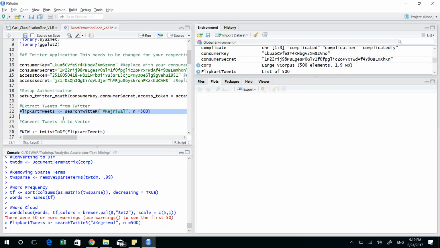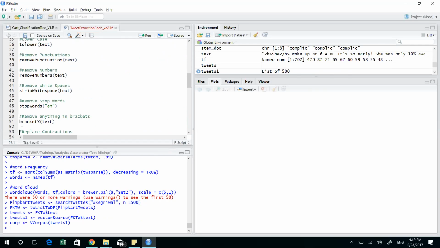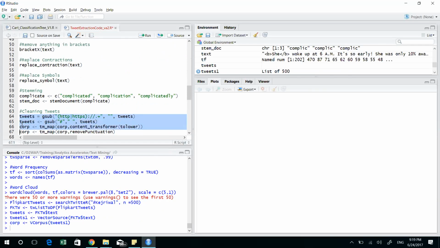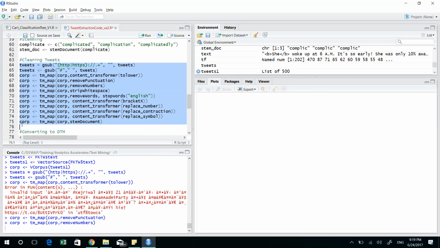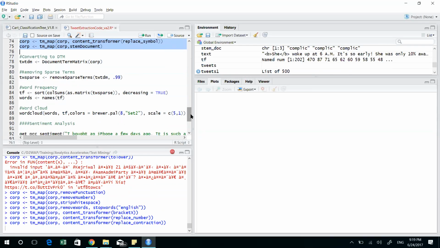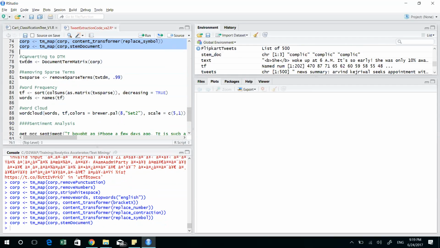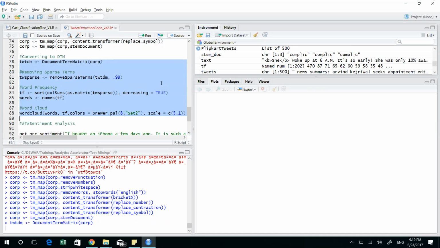Now we have got 500 tweets in one of our variables. I'll do certain processing on top of these tweets, and finally I'll clean them to remove all the bad words like these. When you extract tweets, you don't get meaningful information all the time. People use a lot of gibberish words which are really not required, and it's very important to remove such words from our analysis. So I'm doing that, and finally I'm trying to create a word cloud.